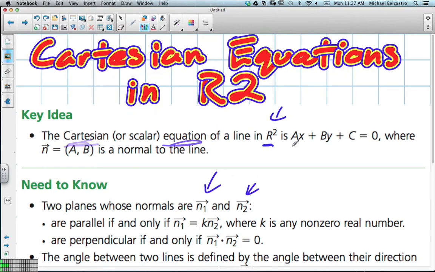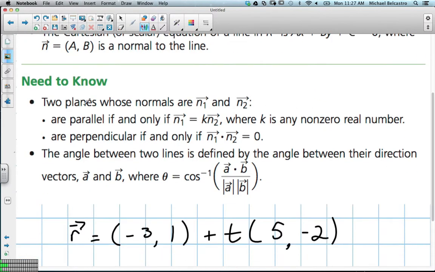Our Cartesian form is usually written as ax + by + c = 0, where our normal, the coordinates of our directional vector for our normal, are actually the values of a and b. Okay, so we're going to talk about that using other forms, and we'll briefly also get into